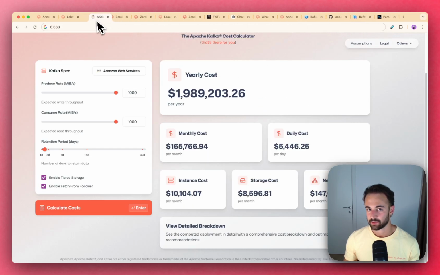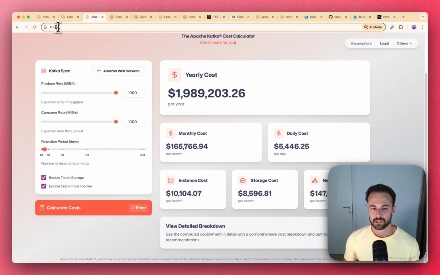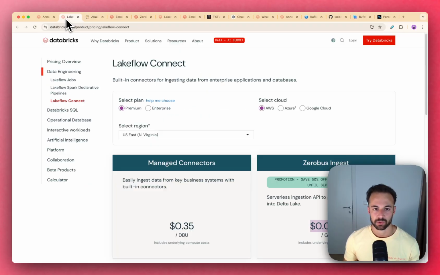Again, this is just the infrastructure cost. If we're producing 1 gigabyte a second and consuming 1 gigabyte a second in AWS, without the optimizations enabled, this would cost us 6.3 cents a second. So it's basically 1 gigabyte a second, 6.3. And they're actually offering it as something that's lower: 5 cents a gigabyte, which is basically 5 cents a second if we're pushing 1 gigabyte a second,